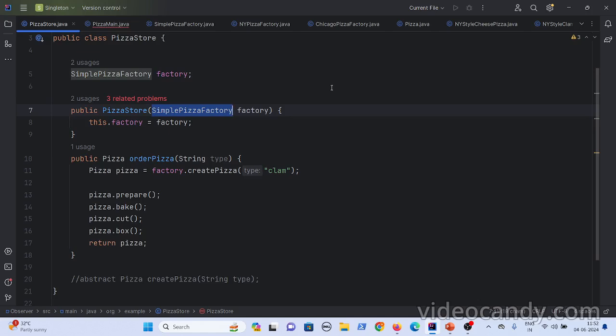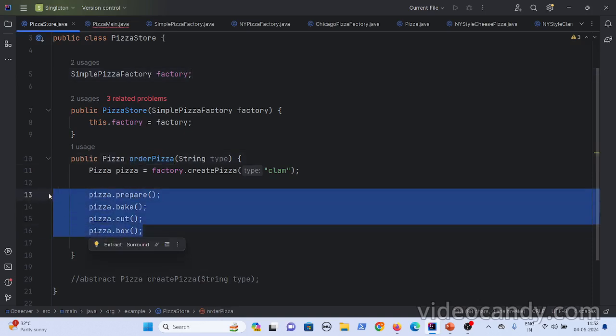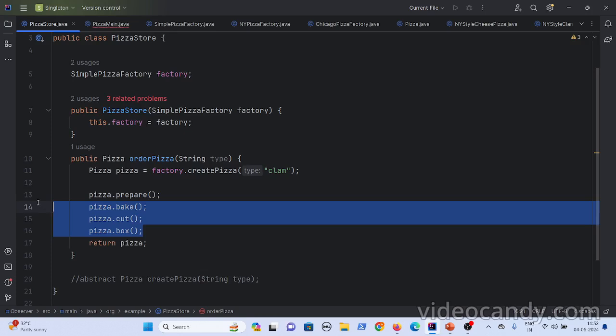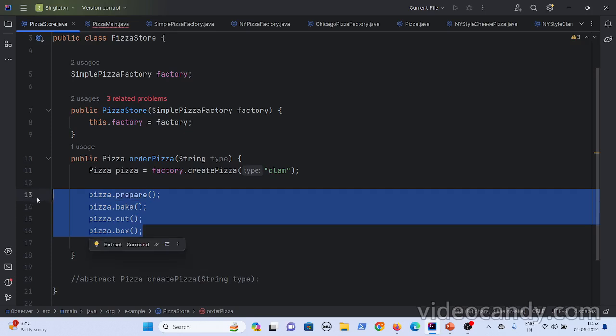But the issue with this particular approach is, if you look at the order pizza method, this is all the same. That pizza dot prepare, pizza dot bake, pizza dot cut, this is all the same for all regions. Maybe in a few regions they don't want to cut it, but they still follow the same process.